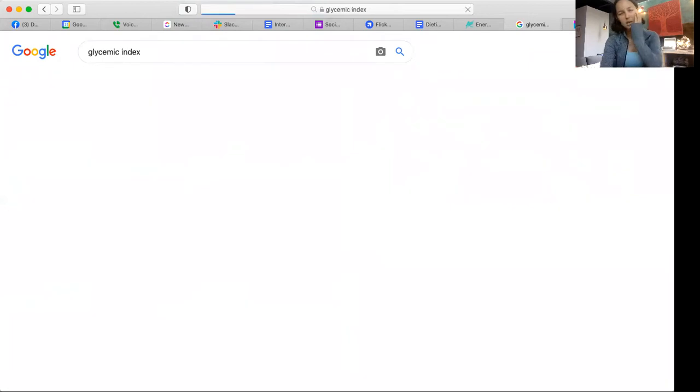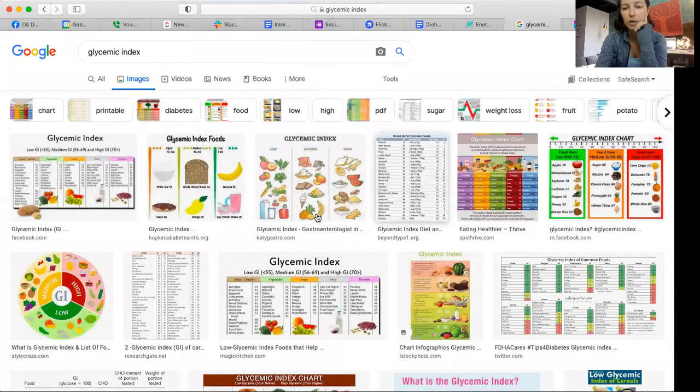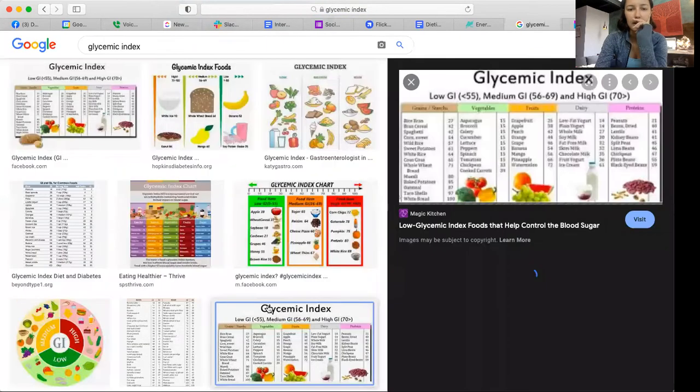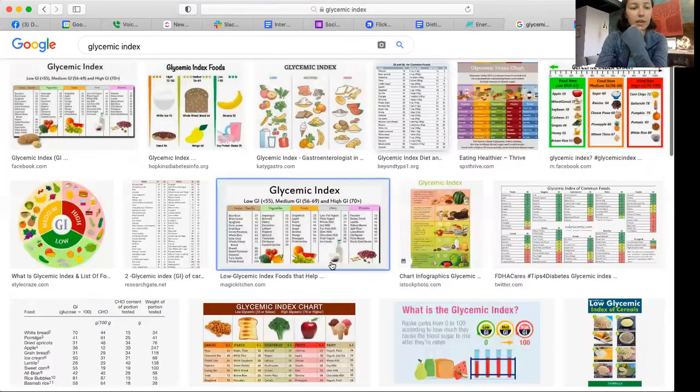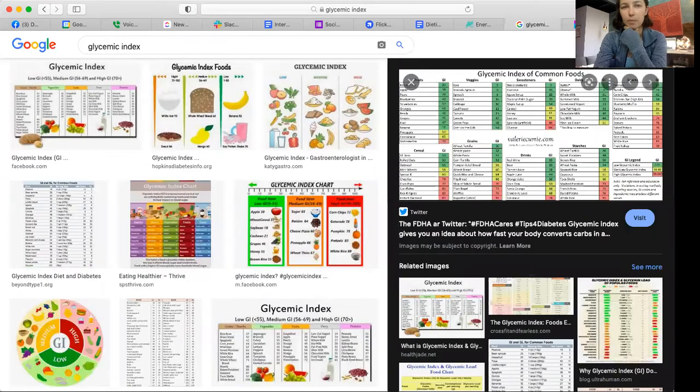It was really popular a while ago. It's kind of fallen by the wayside, but I think it's still great, because there is a lot of individuality with people's bodies. For example, you'll see a lot of people with diabetes tend to learn what their foods are that work for them. And it can be very individual.